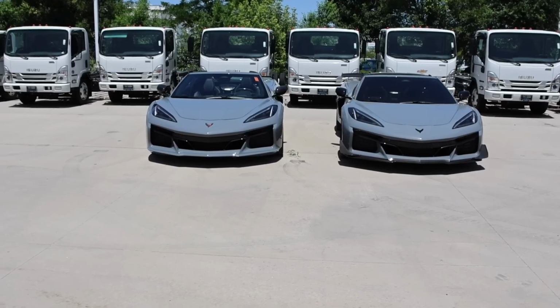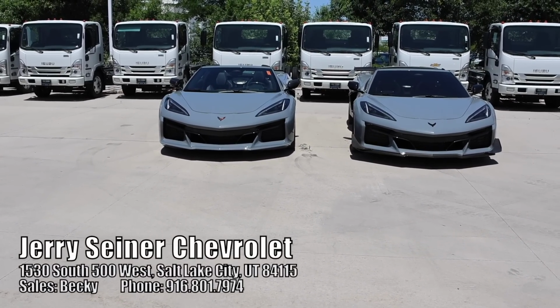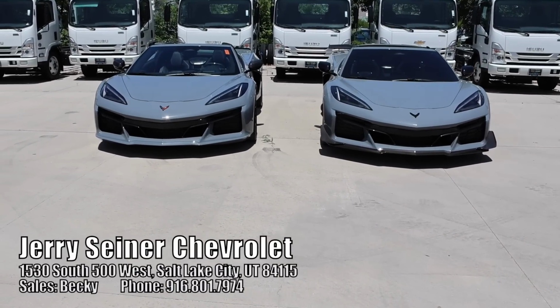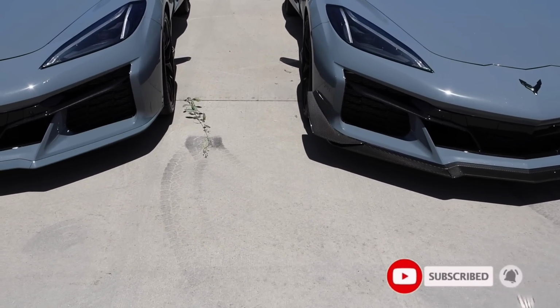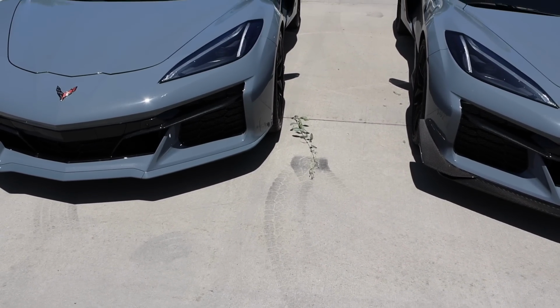I have two C8 Z06s that I want to show you guys. Now obviously you guys know the one on the right is mine, but these have totally different options. You can pretty much tell on the front ends that they're different, right? And I want to show you just a difference between the options, and I think these are like the most